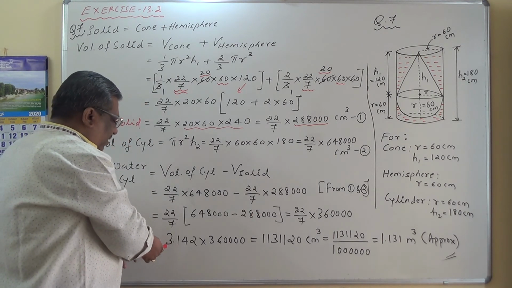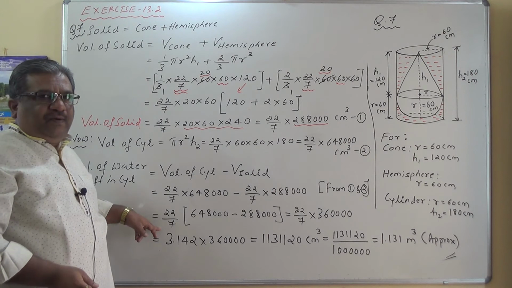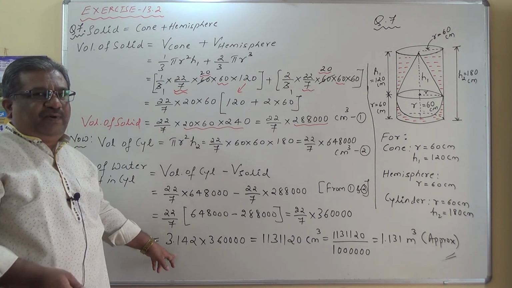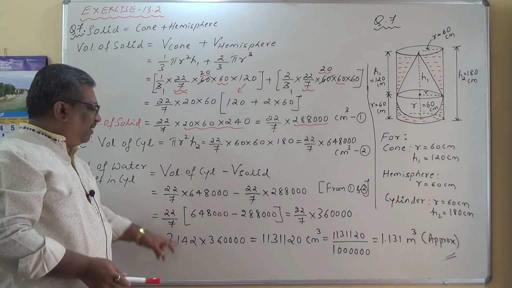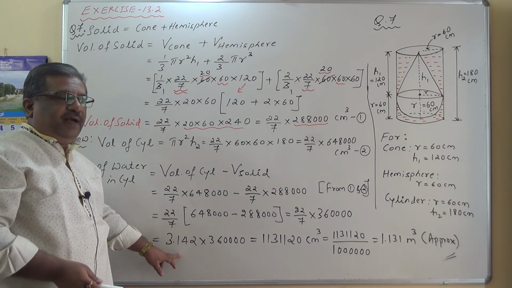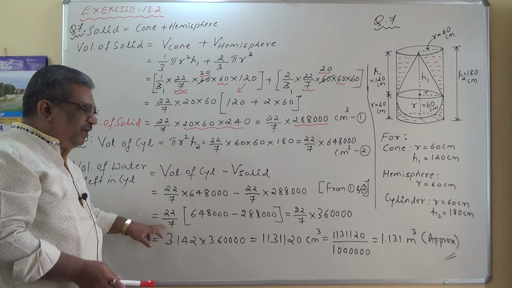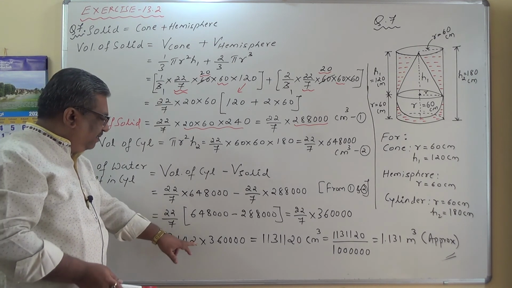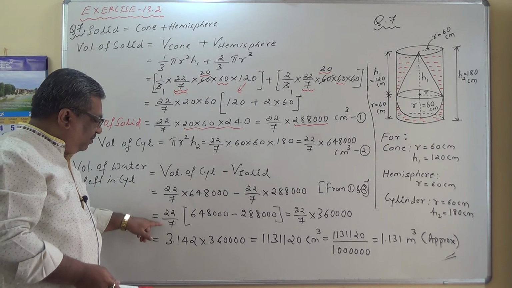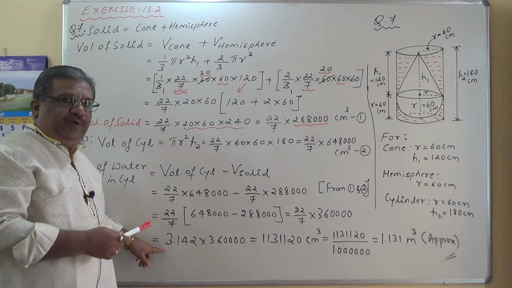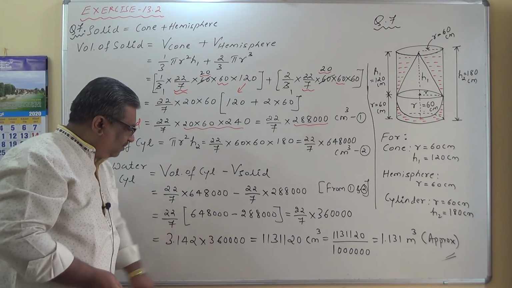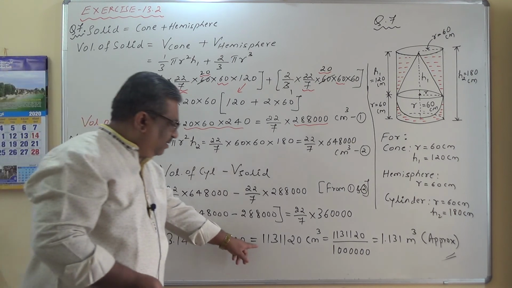That gives me here 22 by 7 into 360,000. If you work out up to 3 decimal places I can consider, or you can consider finally 3.14 also. But as he has not mentioned, I am taking 22 by 7, and finally here I am taking 3.142 as the value of 22 by 7 instead of dividing this number by 7. What I am doing is converting this into a decimal, considering 3.142, which we know already. So multiply simply this figure, whatever the subtraction we get, that is 3,60,000 by 3.142 to get how much this is.